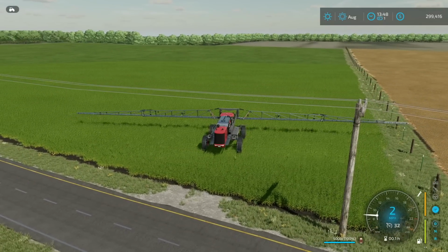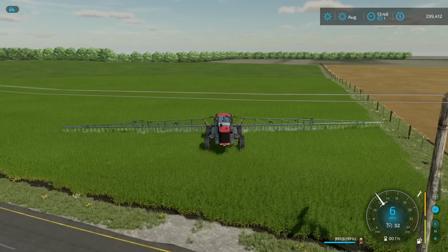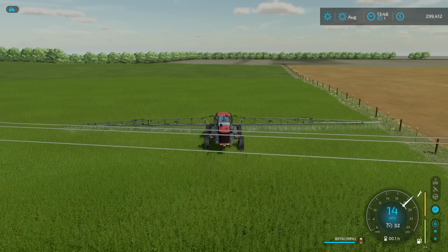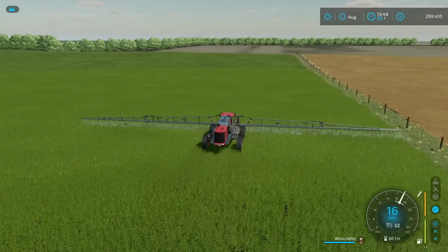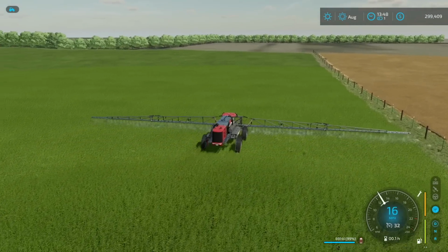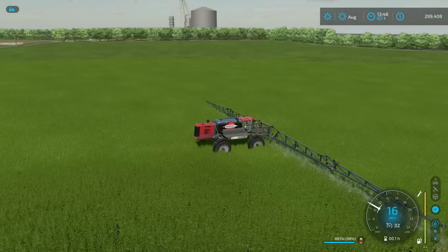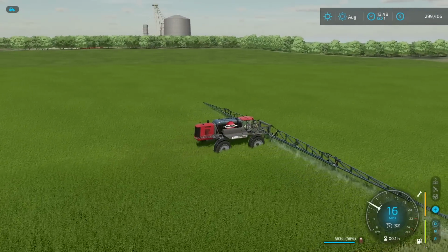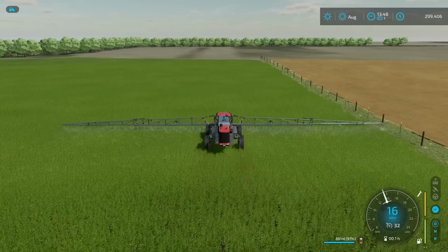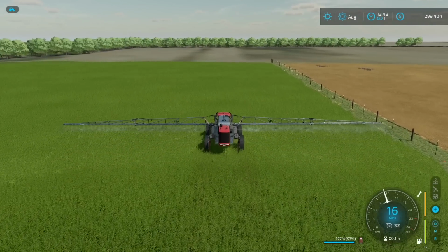We're even wider than I remember here. There we go. And so we're gonna start spraying and take this first headland pass area off here, I think, just to give us some room to work. And then we'll do the up and down rows for what that's worth on this field. It's not quite a square, a little bit longer going towards the elevator there. So we'll get to the back fence line here and see if we can hit that and then just go